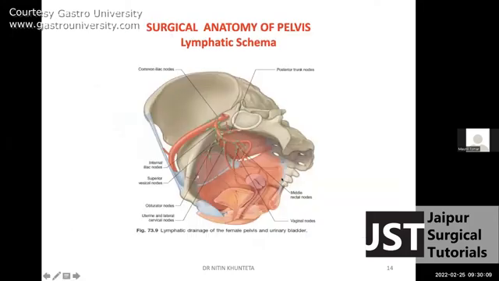This is the lymphatic schema, which shows the different organs as well, with lymphatics going to the first echelon nodes along the arterial system, the uterine artery having its first echelon node at its origin, the same as the rectal, middle rectal, and bladder. That's how the cancer of these organs spreads along the lymphatics to these first echelon nodes, and finally they go to the anterior trunk lymph nodes and then the common iliac, and then